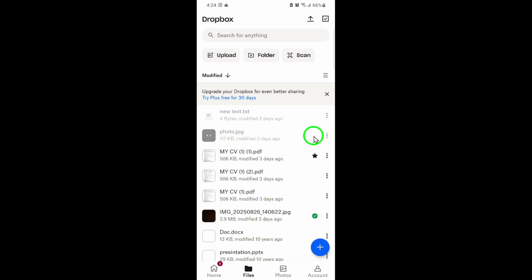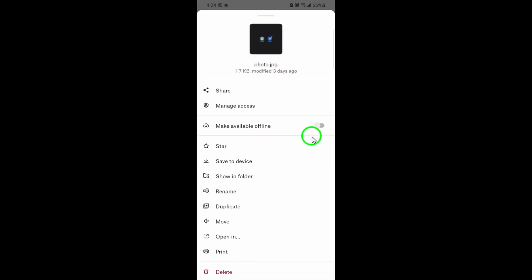When you see it, look to the right side of the file name or thumbnail, and you'll notice 3 vertical dots. Tap those dots. This opens a menu with various options for that particular photo. From the menu, find and tap the option labeled Star. This action marks the photo as a favorite, making it easy to locate later without searching through your entire list